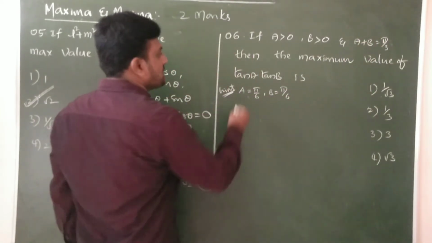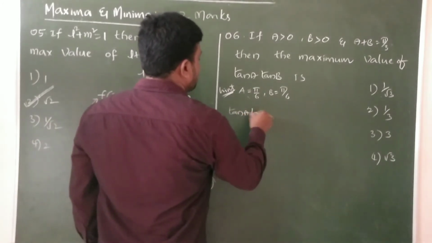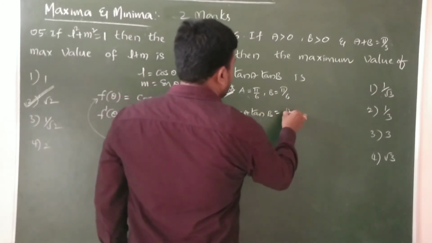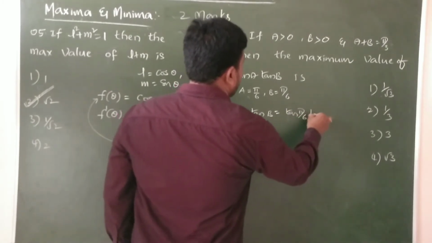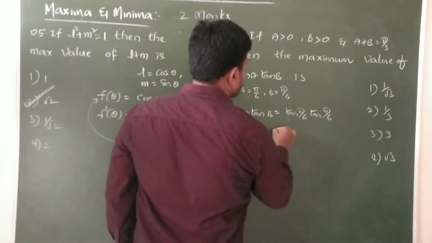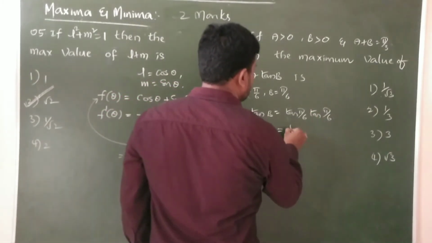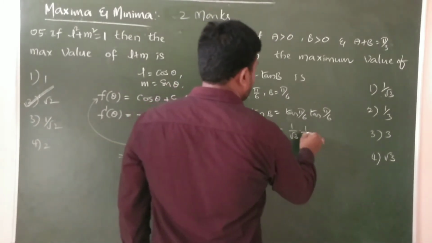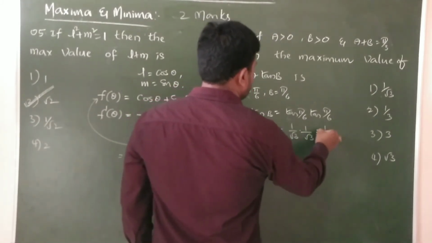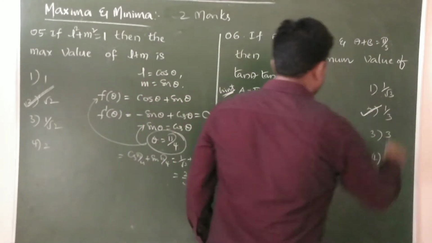Yes or no? So tan a tan b equals what? Tan a tan b equals tan pi by 6 times tan pi by 6, which is tan square pi by 6, or tan 30 squared, equals 1 by root 3 times 1 by root 3, which equals 1 by 3. Okay, our option is the second one.